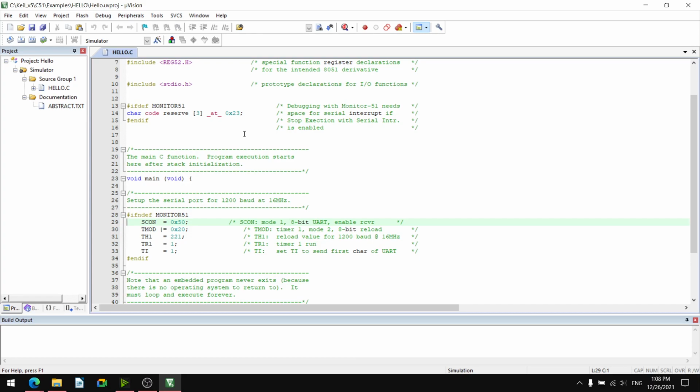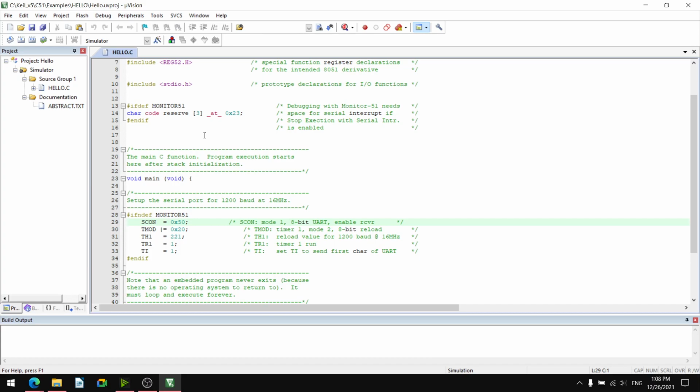So how to debug and simulate? Use the simulator. To use the simulator, we have to go into debug mode. We have discussed this in the previous video, previous lecture. To use the simulation, we have to go into debug mode and then we can simulate it, run it virtually.